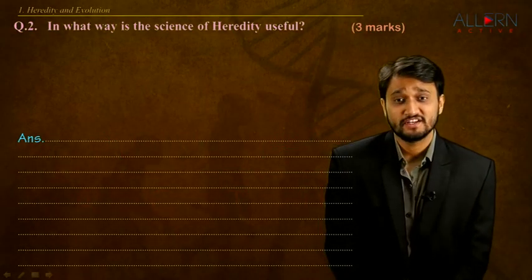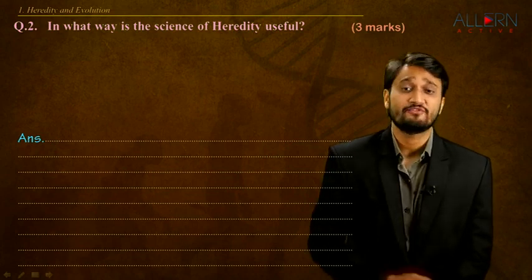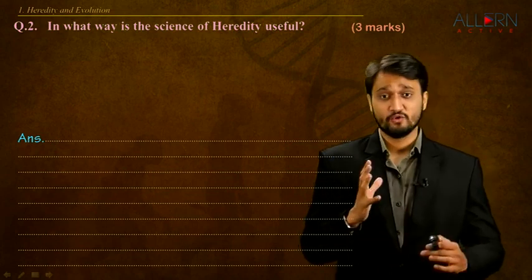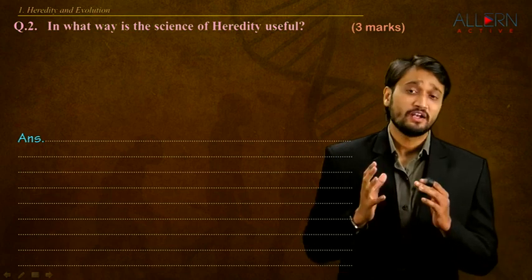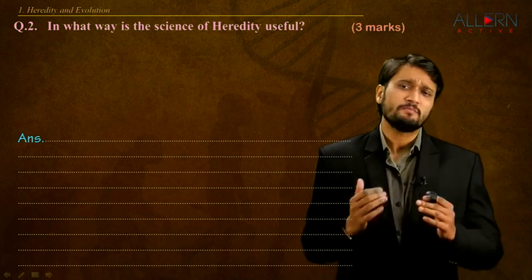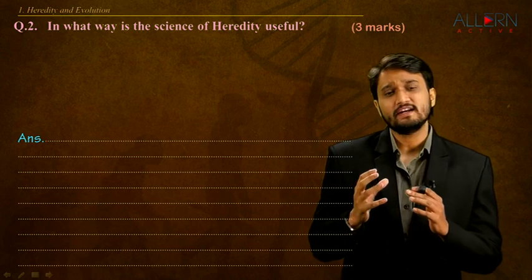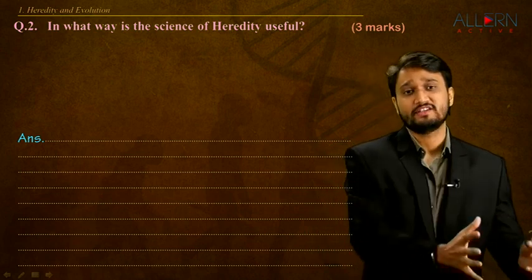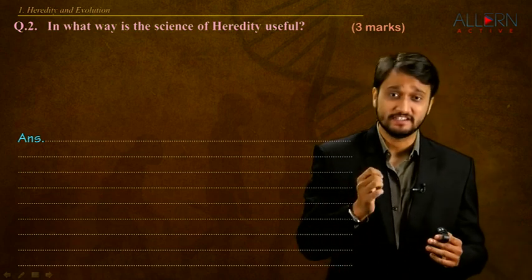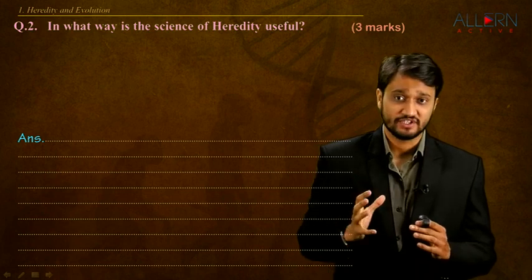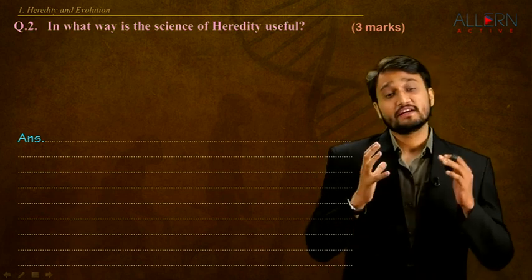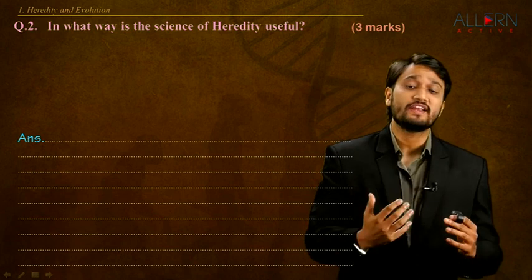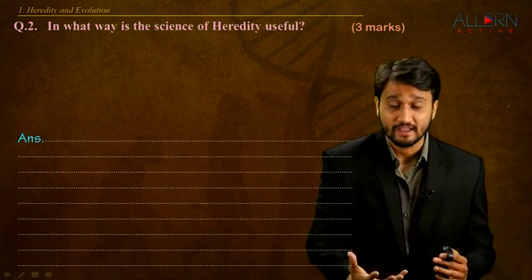So our next question is, in what way is the science of heredity useful? Now we already know, we have defined what heredity is. Now we need to understand, sometimes there are a few diseases that people get while they are born itself. These are called genetic diseases. The science of heredity gives us the power to understand what these genetic disorders are, and hence